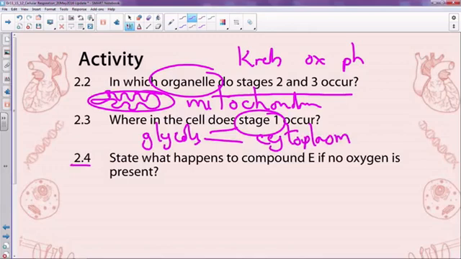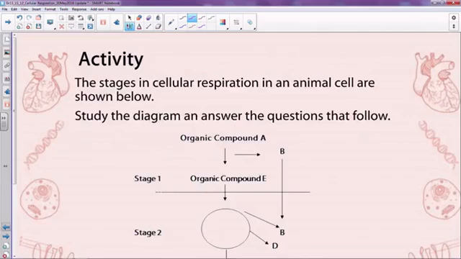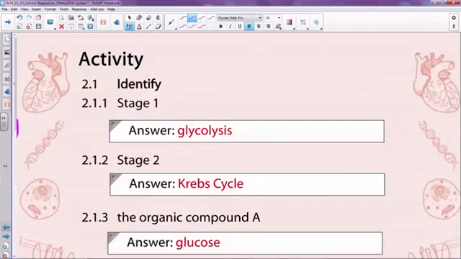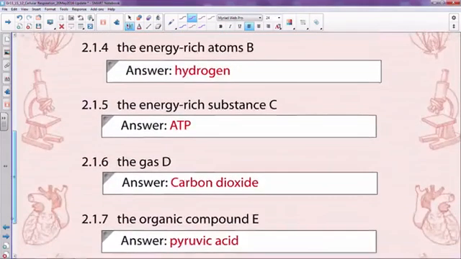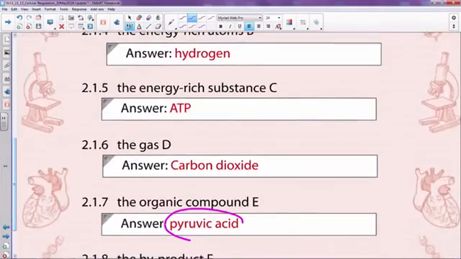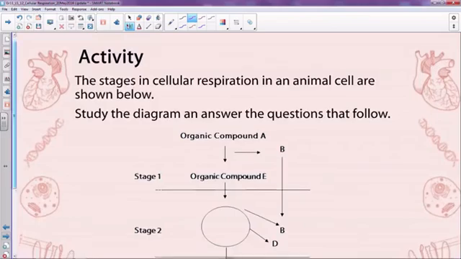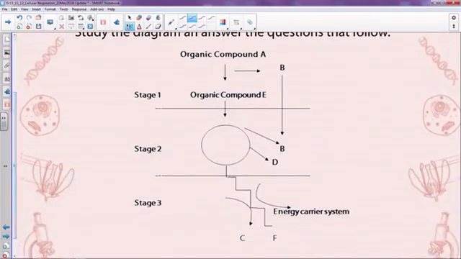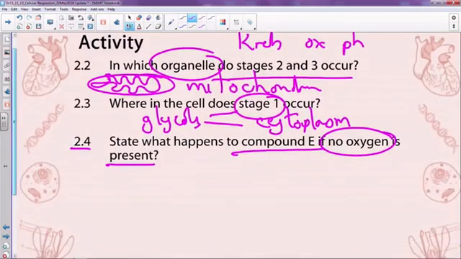2.4. State what happens to the compound E if no oxygen is present. So compound E, guys, if we go back to compound E, let's do a very quick recap. Compound E was pyruvic acid. So guys, this is on the tail end of what we're going to be doing next week. And the pyruvic acid, when there is no oxygen, you find that the cell will undergo anaerobic respiration, and during